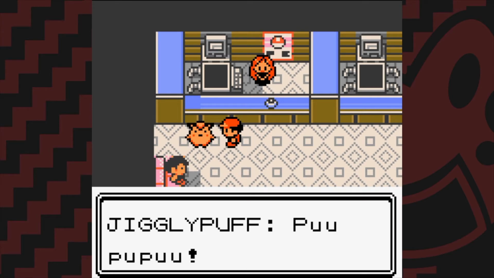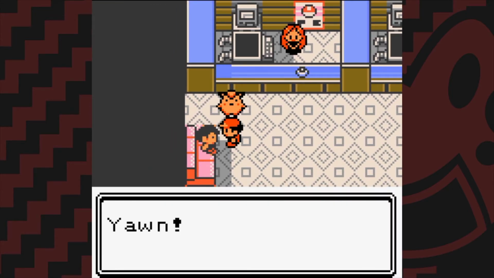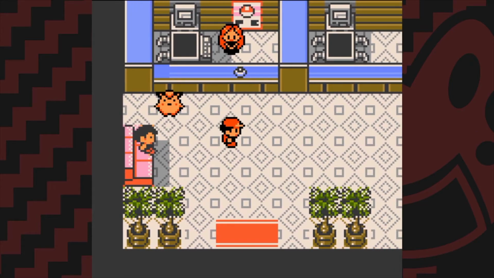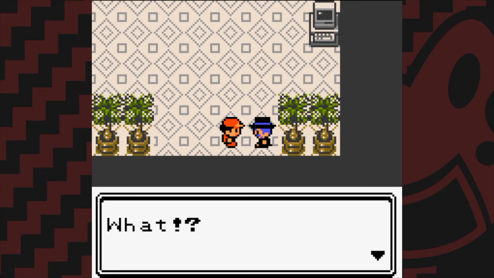Oh, here's another thing that they took from the games to the anime. The Jigglypuff here, because he's singing, makes him fall asleep. So the anime had to figure this out. How are we going to make Jigglypuff, since there's a little character here, how are we going to expand it? Well, when Jigglypuff sings, he gets drowsy. Me too, snore. So that means Jigglypuff must be a little malicious. If he's singing next to the person to make him sleep. So let's make him